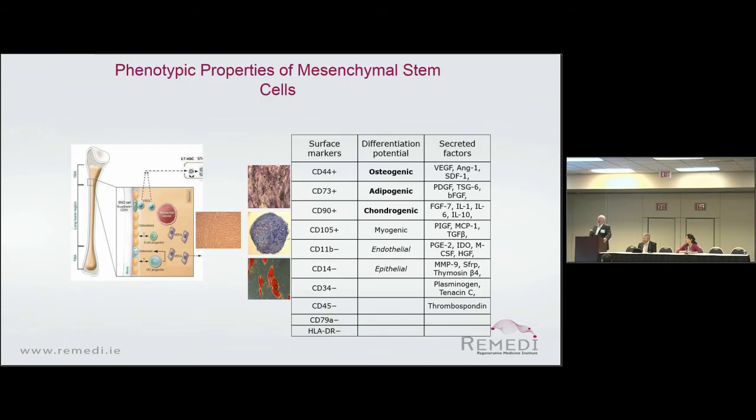The characteristics of mesenchymal stem cells or mesenchymal stromal cells that we all talk about, and which appear to be important in terms of utilizing these cells in a therapeutic context, are summarized in this slide. So we know a lot about the surface markers that these cells express, and I'll talk a little bit more about that in a while. We understand something about the multipotential nature of these cells, and we know a lot about the secreted factors that the cells apparently secrete when they're delivered to the host, and which may impact the therapeutic outcome. We also understand quite a bit now about the in vivo niche that these cells occupy specifically within the bone